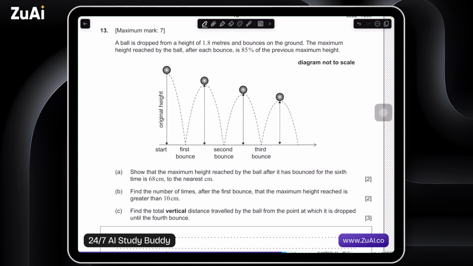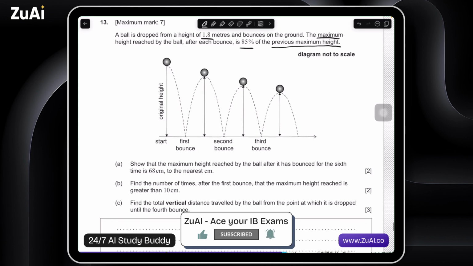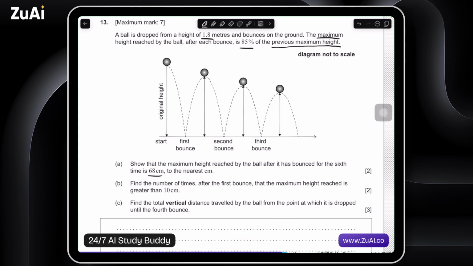A ball is dropped from a height of 1.8 meters and bounces on the ground. The maximum height reached by the ball after each bounce is 85% of the previous maximum height. Show that the maximum height reached by the ball after it has bounced for the 6th time is 68 centimeters to the nearest centimeter. Okay, so we have the ball, it's being dropped from an initial height of 1.8 meters,